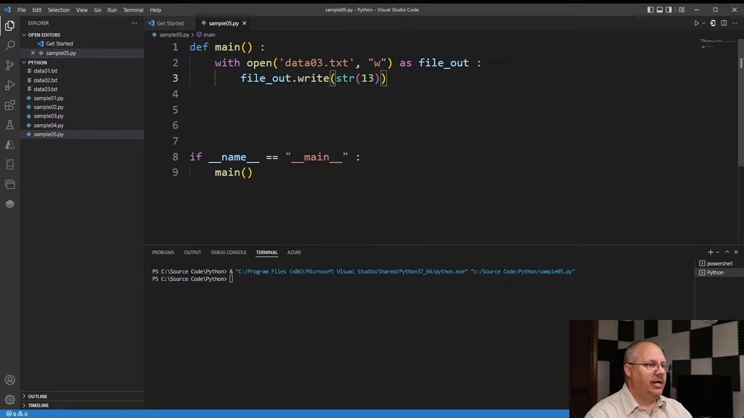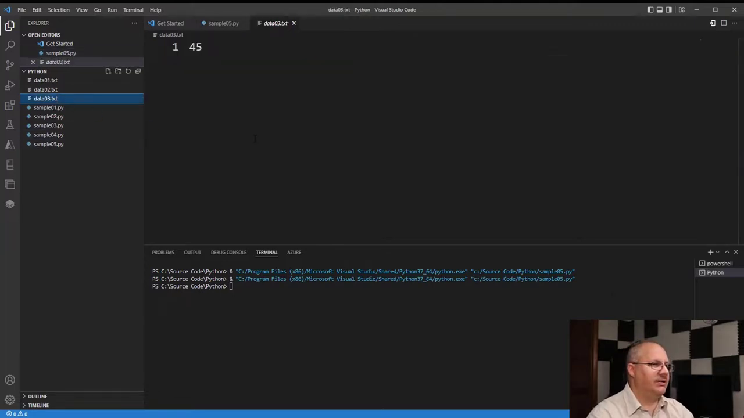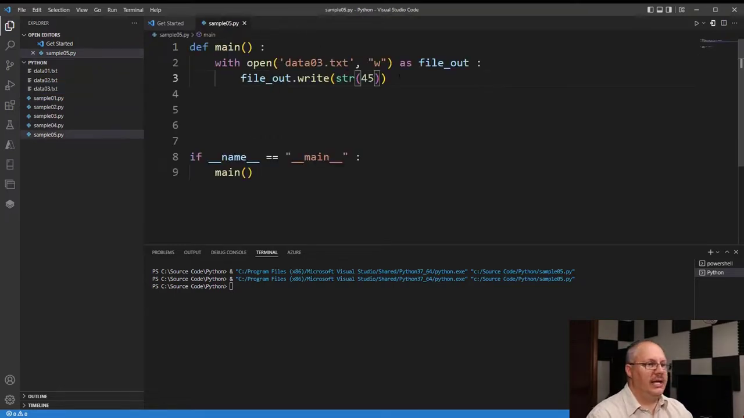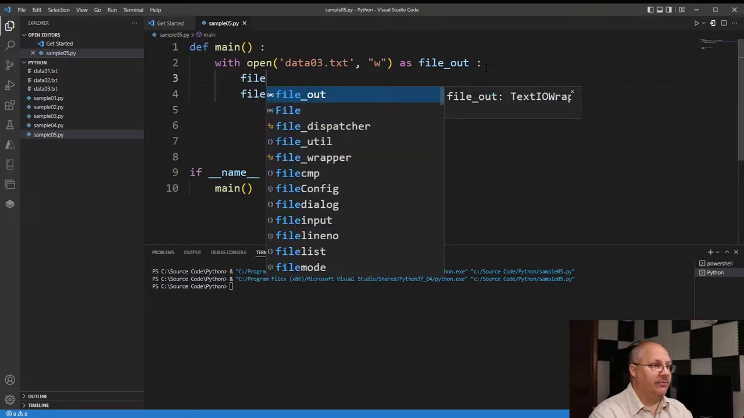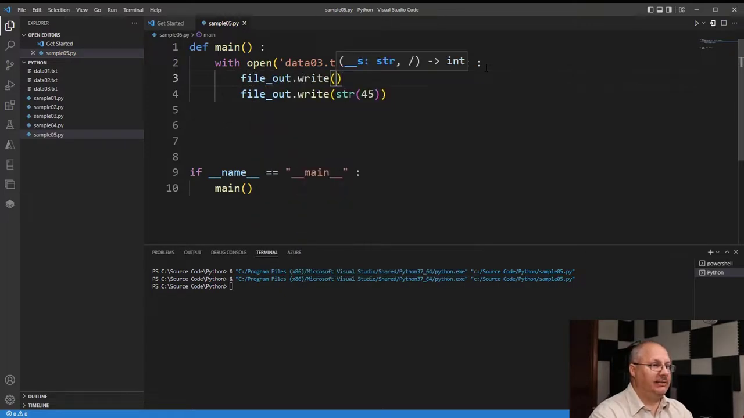I'm going to go in and change this real quick. 45. If I run this, notice nothing happens down in my terminal window, but if I come over here to data 03, notice 13's been replaced and 45 is now there. That's because every time we open that file, it erases the contents and deletes it all, and we start from scratch. If I wanted both lines, I have to say file out dot write